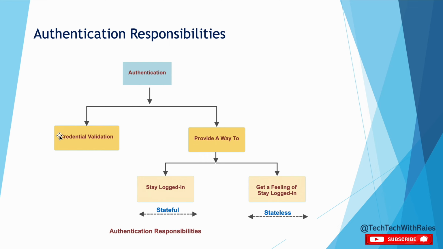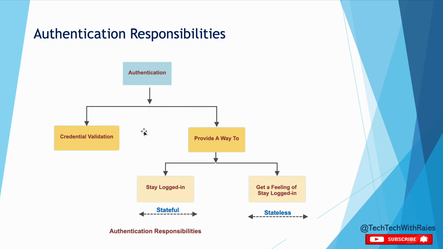When the user supplies username and password from the client side, this username and password must be validated, and this responsibility comes under this part. Whether this user exists or not, and if this user exists, whether this particular password is correct or not. So these kinds of things are validated in this section. Now the responsibility for the other section is this: